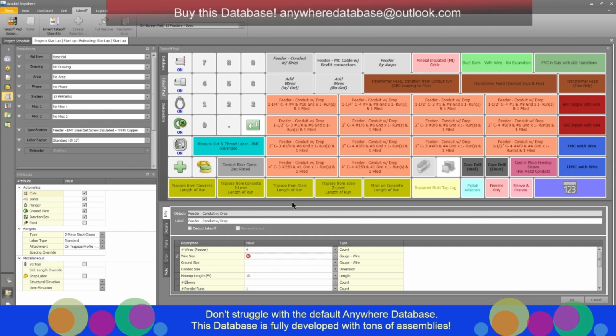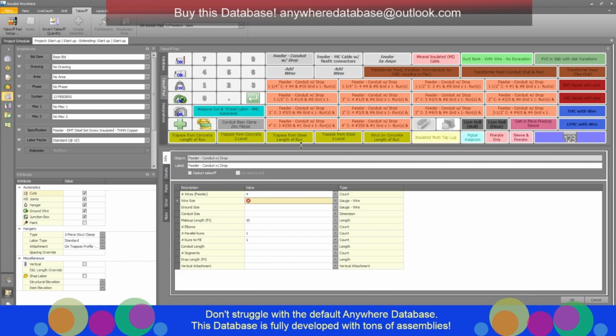Let's move this up a little bit so we can see it. And then it asks you wires, wire size. We'll do the typical 225 amp here. That's good for a demonstration. 100 feet, one segment. Now this is unique to this database too. The standard database does not ask anything about a drop length. It does not